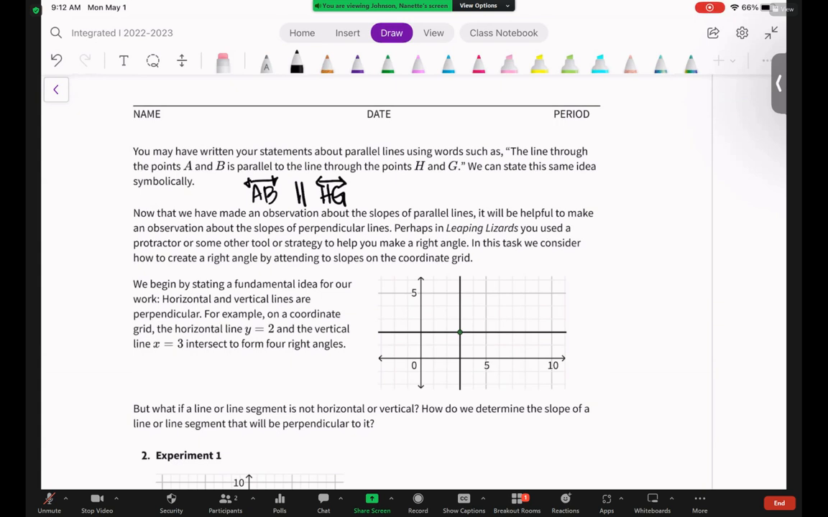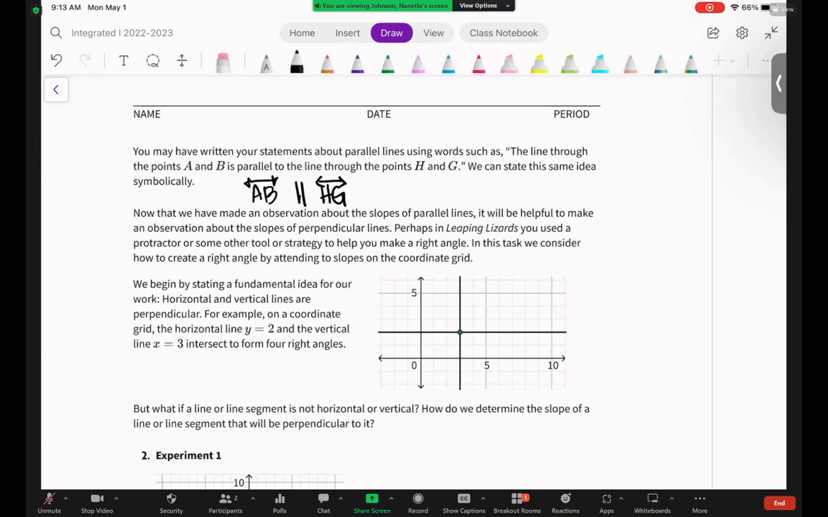But for those parallel symbols, you hit shift and then there's a key between backspace and enter with a straight vertical line. That is that symbol. You just hit it twice. Okay. So now that we have made an observation about the slopes of parallel lines,